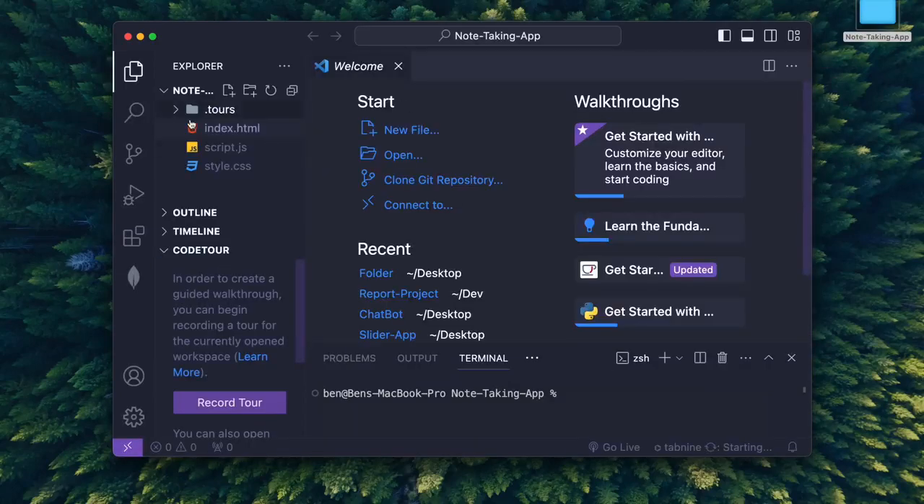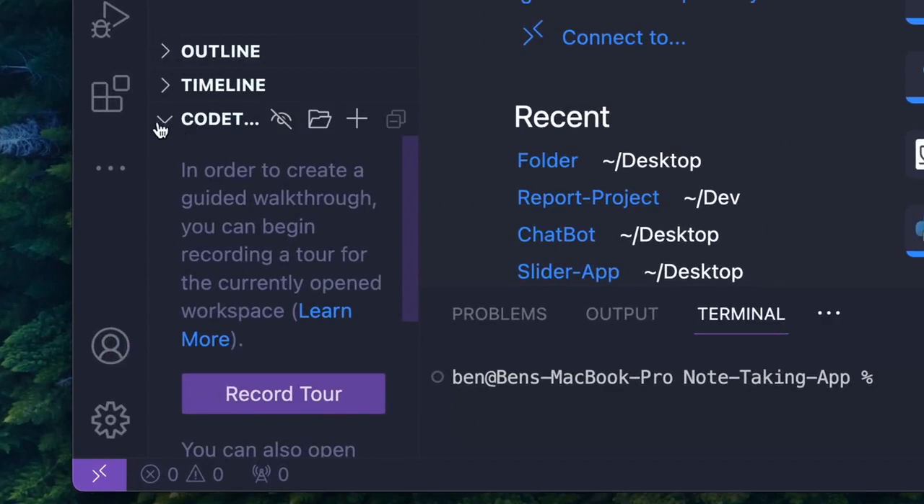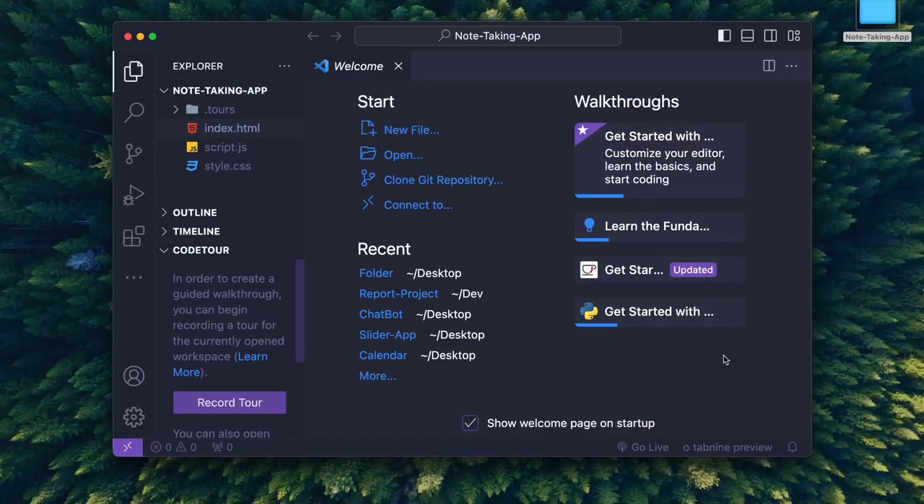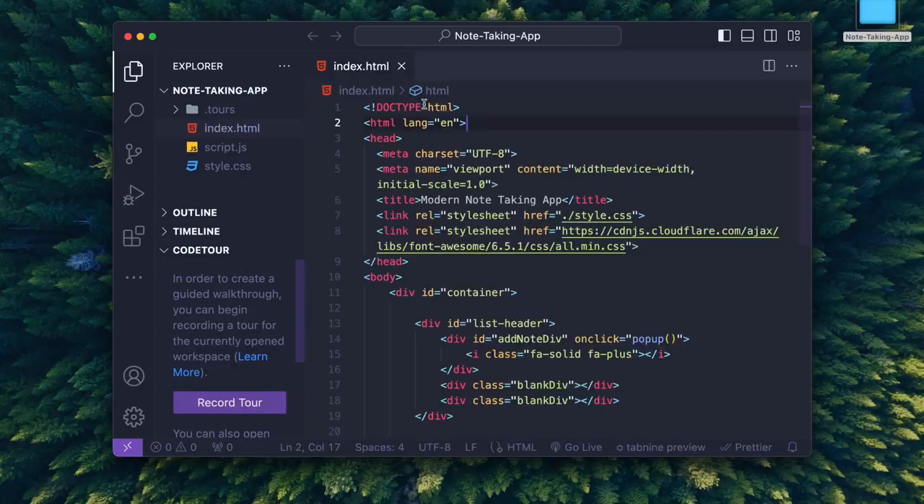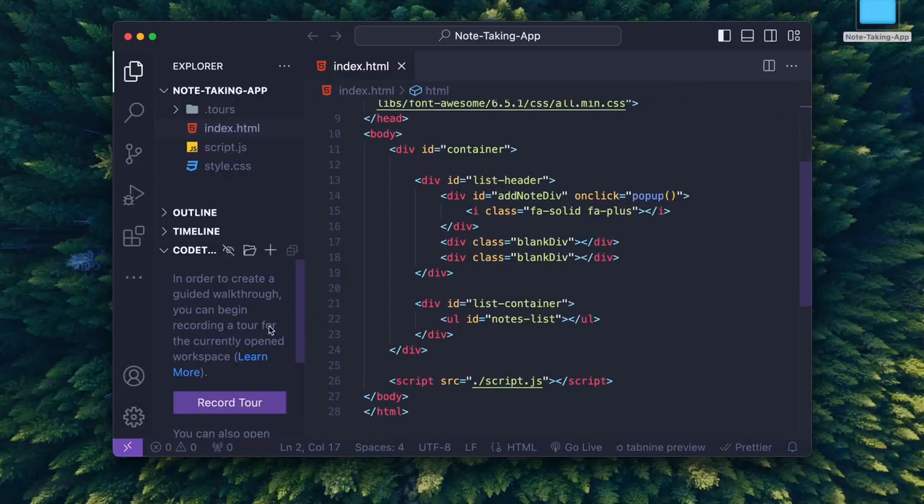I'm just using this for the sake of the tutorial, and you'll see after we've installed our Code Tour extension, we'll have this little Code Tour tab in our Explorer of our VS Code here. Now what we can do here is open up any file. It can be a HTML file, CSS, JavaScript, SQL, whatever you want,